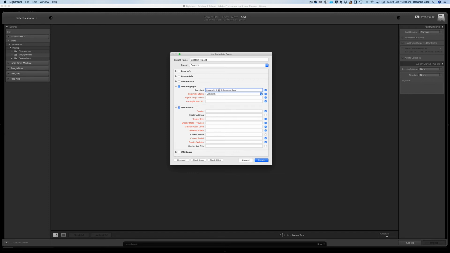So as we can see, this information's been filled in, and now we move on to copyright status. Now you have three options, but we're making a copyrighted one, so we'll pick copyrighted. Now here you have your rights usage terms. You can leave this blank, but it all depends what you want to do with your images. If you want to have all rights reserved like I do, or whether you want to use Creative Commons, this is your choice at this point. But I'll be putting in all rights